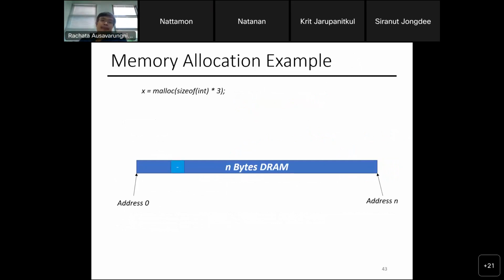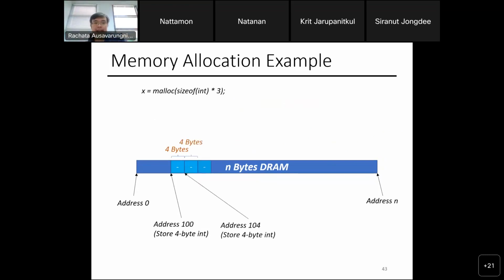When I call this, it basically makes the empty space for x. For x itself, let's say this is address 100 again. Almost the same example. Because I want 3 integers, sizeof(int) multiplied by 3, I will create 3 empty boxes that you can use later to store something in. So now we are done with the creation and allocation. I found 3 spaces for x. Each of these boxes is 4 bytes for an integer.